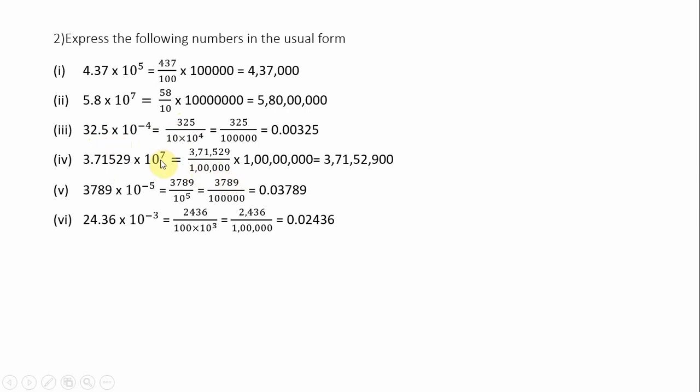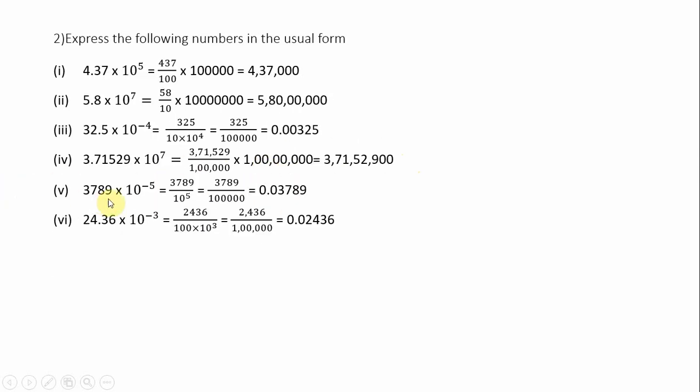Now 10 to the power of 7 is given to you. So 7 zeros were expanded. If it is negative, then you have to bring it down. As it is positive, you need not bring it down, simply you will be writing them. And the 5 zeros from the denominator get cancelled with the 5 zeros from your numerator. Then the remaining number, 3 crore 91 lakhs 52,900, was written. 5 zeros were cancelled, 2 zeros remain. So if you write the 2 zeros, that itself is in your usual form. Understand? When you have a negative exponent only, you have to bring it down. When you have a positive exponent, directly you can write it.